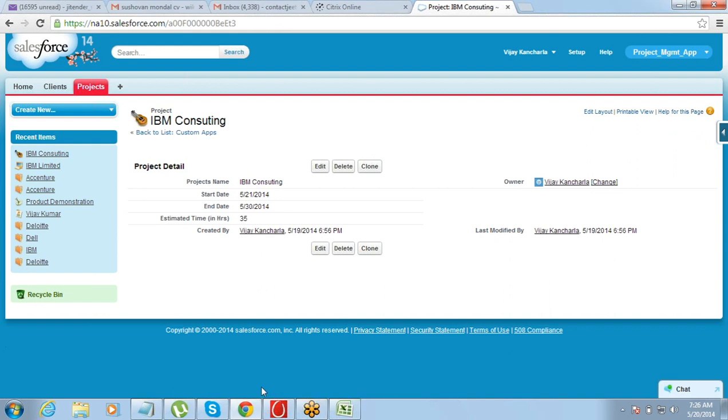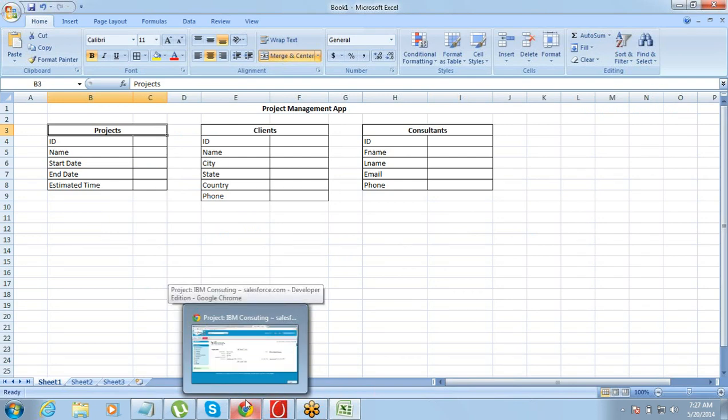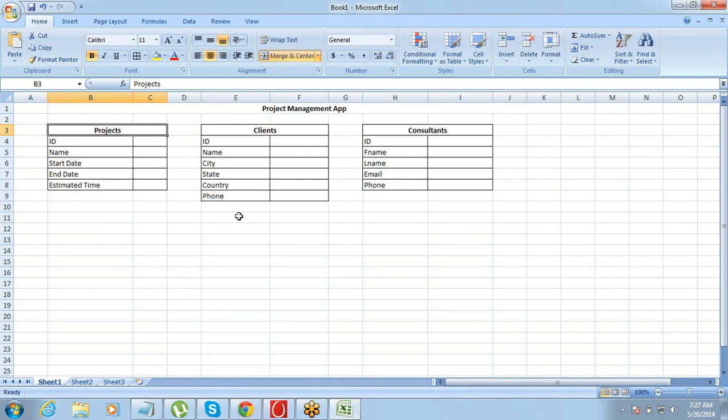So it's just a matter of, first of all, understanding what we need to create. So the best practice is, before you start creating it on Salesforce, just go here on an Excel sheet, or maybe take a notebook and a pen. Try to note down the objects and the fields that need to be created, make a list of that, and then once you have decided on certain things, start creating it on the Salesforce, right? The projects, the objects that we thought of, the fields that we thought of, right?